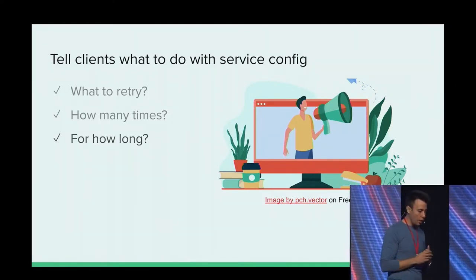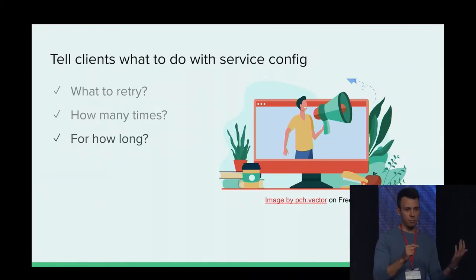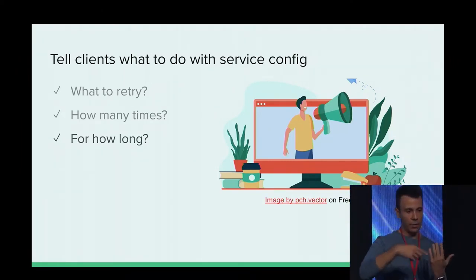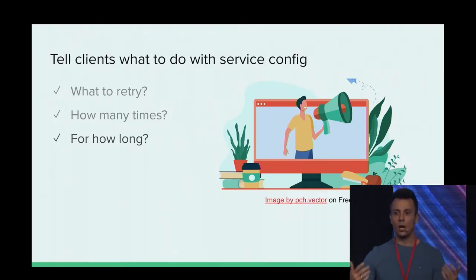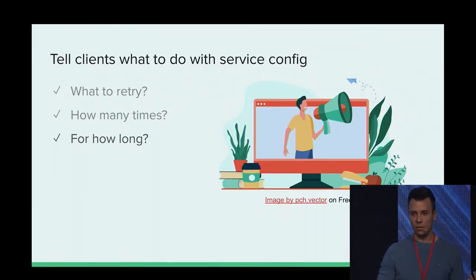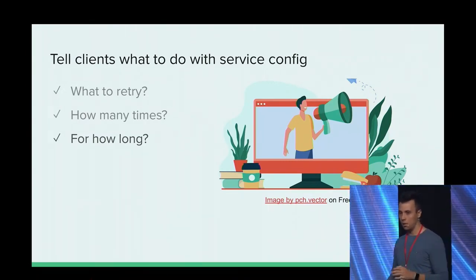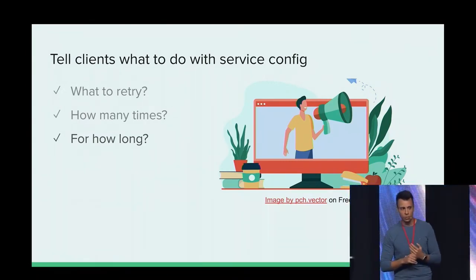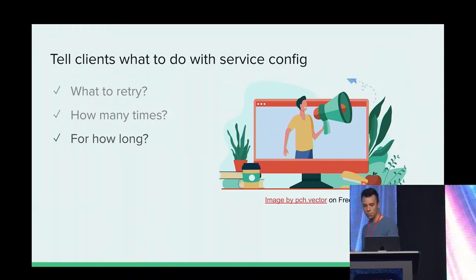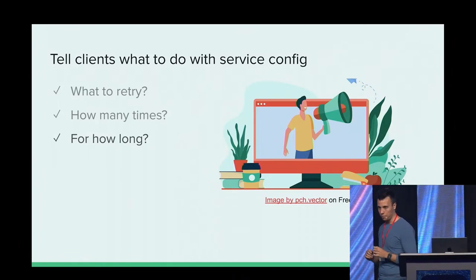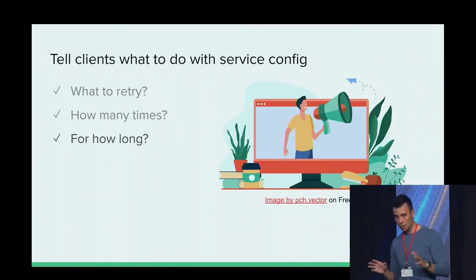But you might ask, okay, what happens if I have a client that's customer facing? So somebody presses a button. And then I have a chain of services, and somewhere in the chain, I have a service that says, okay, retry for 30 seconds. Would the spinner just go on and on for 30 seconds? I mean, hardly ideal user experience. Luckily, gRPC has quite robust deadline propagation, which works by default, so you don't have to do anything special about it.